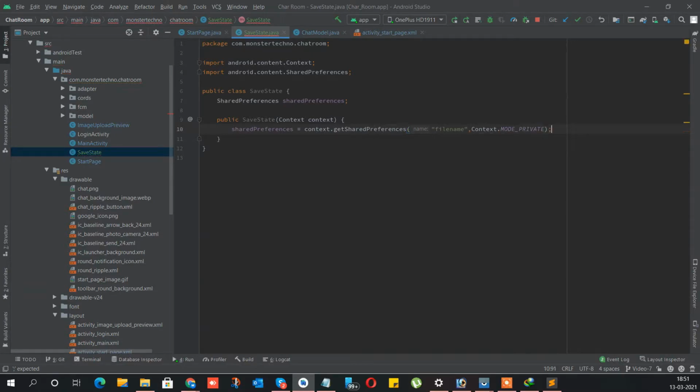Now using this we need two more functions, which will be public void setCurrentTime, set time. Okay, this will store the value. So it will have one param and it will be a number. Here, SharedPreferences.Editor editor equals my shared preference dot edit,